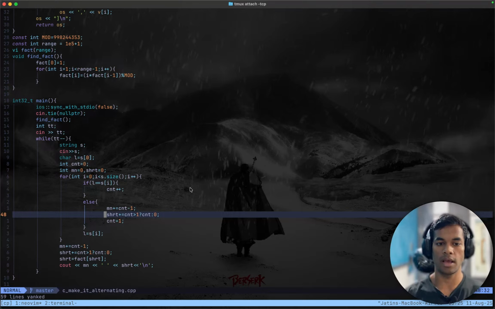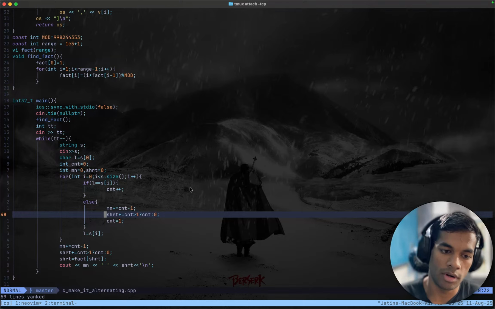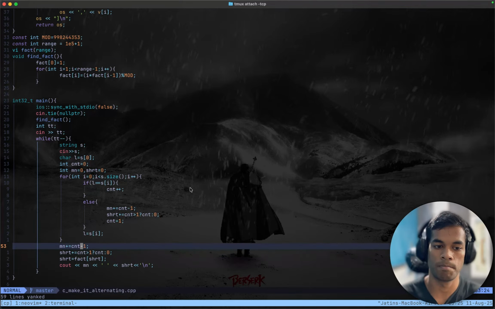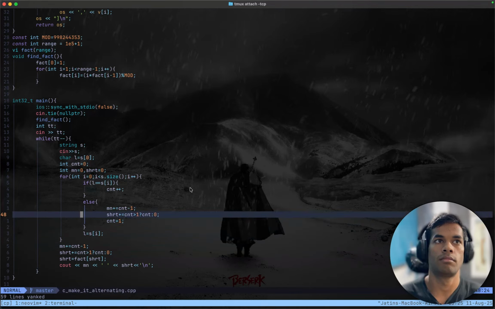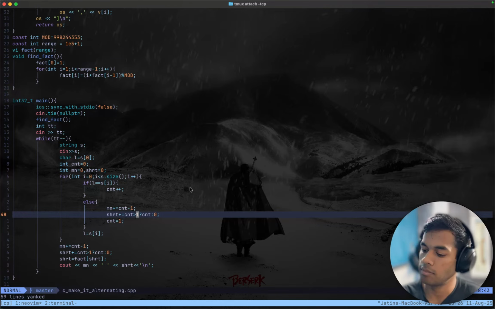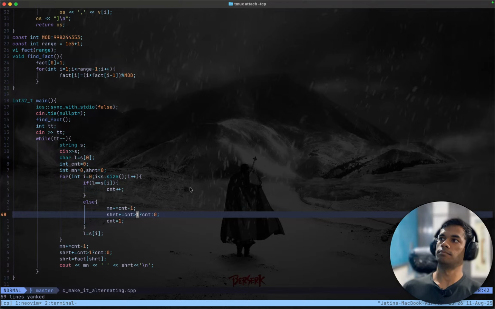If count is greater than 1, then add count to the shortest thing, and if it is not, then don't add because I won't be able to remove it. Okay, I can remove that much,